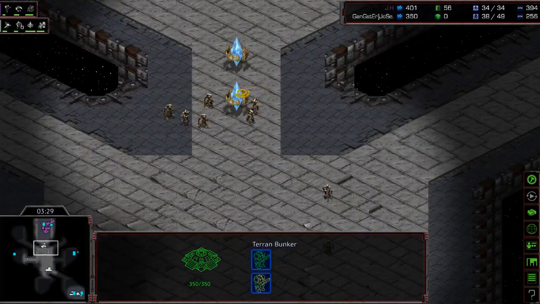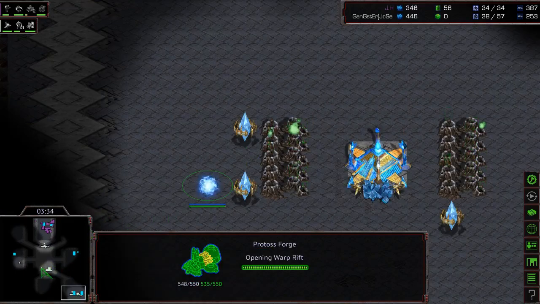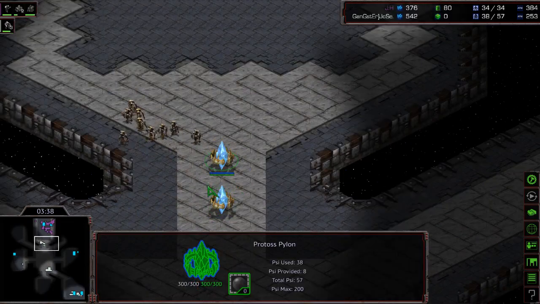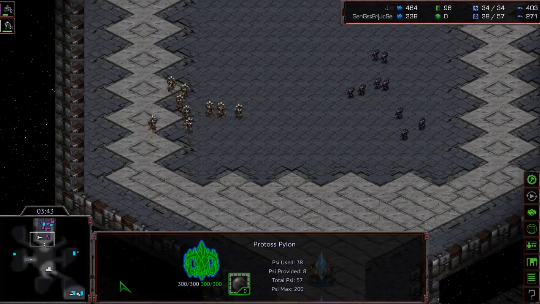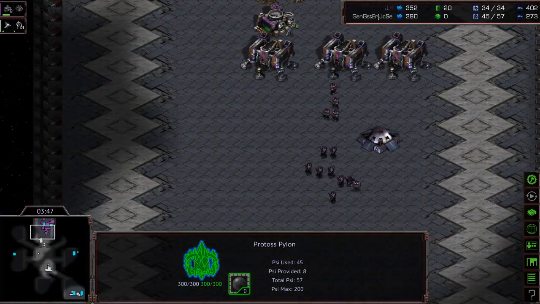And it looks like Jose didn't even start cannons. He didn't even have his forge finished, in fact. I thought it was a cannon that was being made there, but instead he made 2 pylons. So he is definitely not going to be able to go for a cannon push. It's pretty much a completely botched mid build from Jose at this point, because there's no way he can